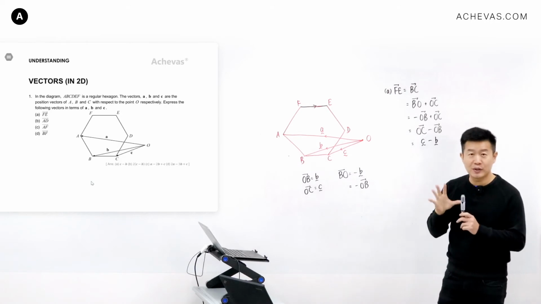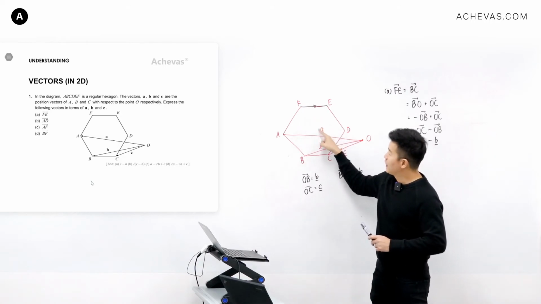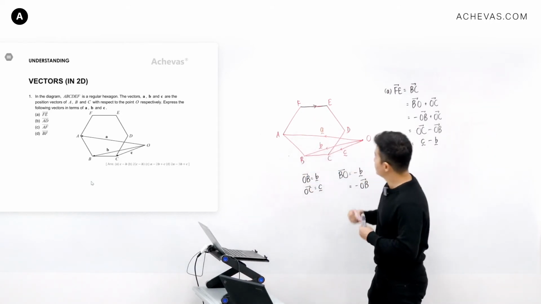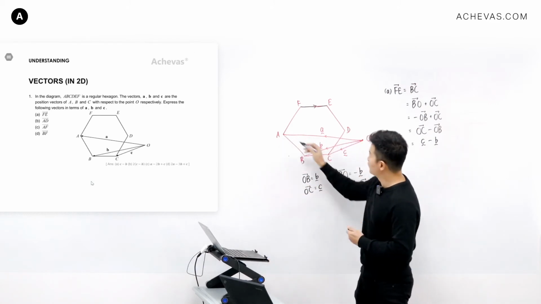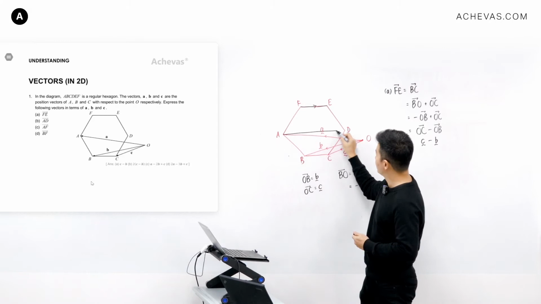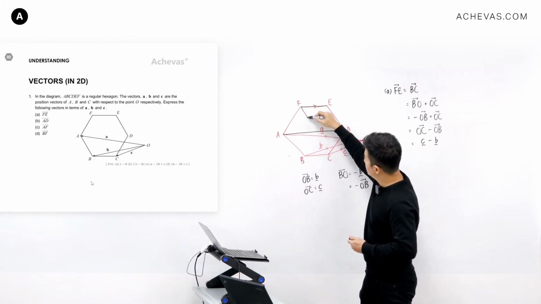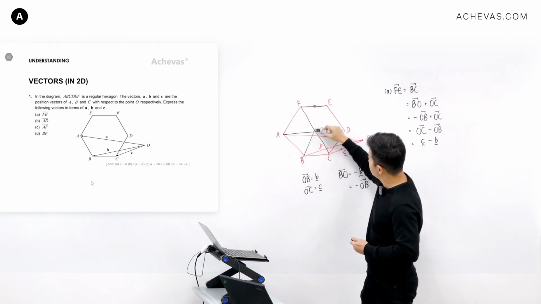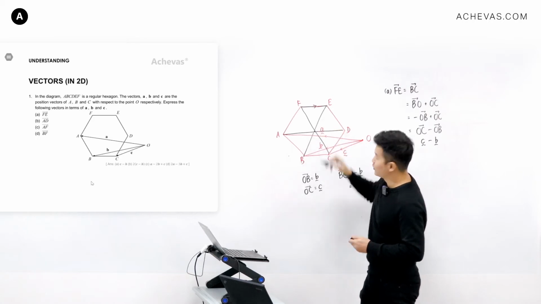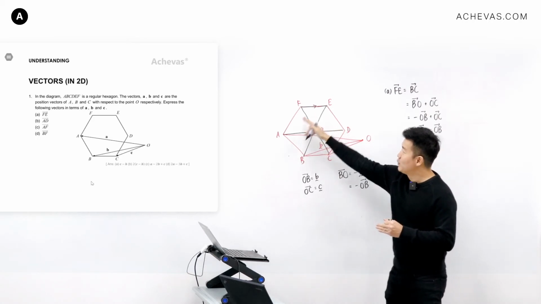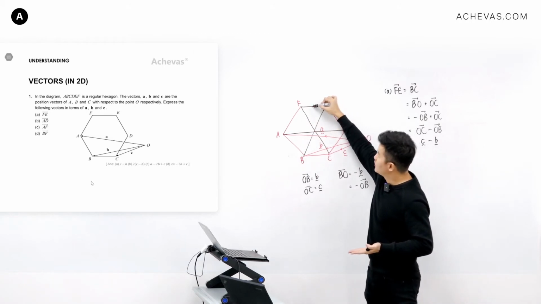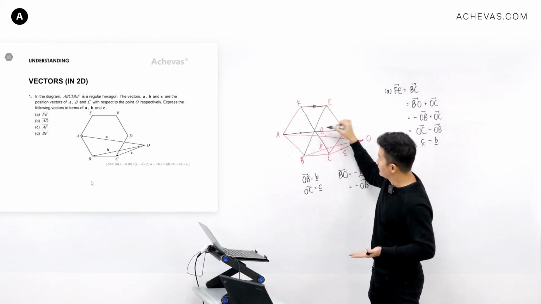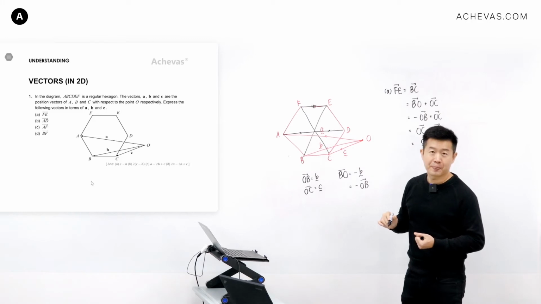This is a regular hexagon, which means that if I were to draw in some lengths here, and here, and here, they are supposed to be cutting at the center, we will have small little equilateral triangles, which means that this length and this length and this length are actually the same. So I'm going to